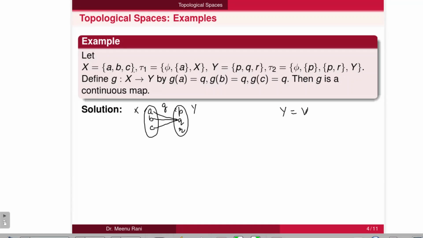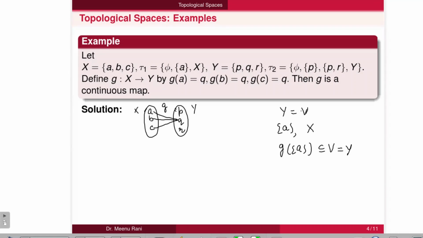Then there exists one open set which is containing an element in x. So in this case we can take g of a, which is containing v, that is y.